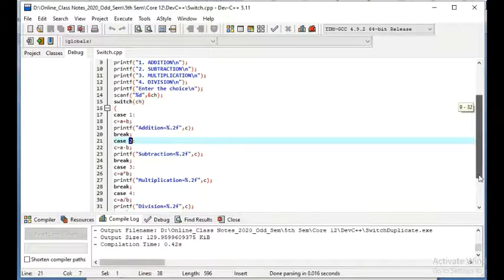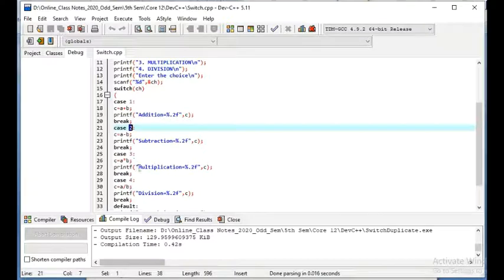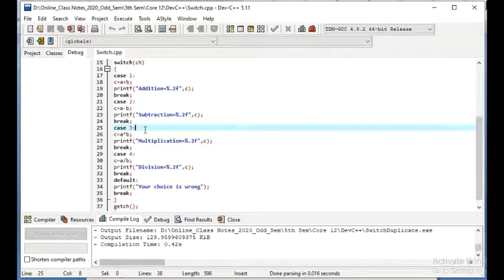Then again say we want to perform the multiplication operation, then case 3. So if we press 3, then C equal to A into B. That means the multiplication of A and B will be stored in C. Then again the output statement, printf multiplication equal to %.2f, and the multiplication value will be displayed.